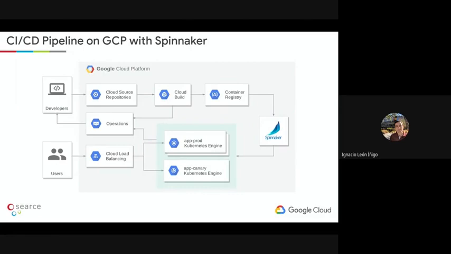So in this slide, what I want to present is an example of a CI/CD pipeline on GCP using Spinnaker. Now, this is built out of products and services that are available on GCP. Some of them are interchangeable by other products. But I want to present this as a prototype of pipeline, setting kind of the baseline. So starting from the developer,